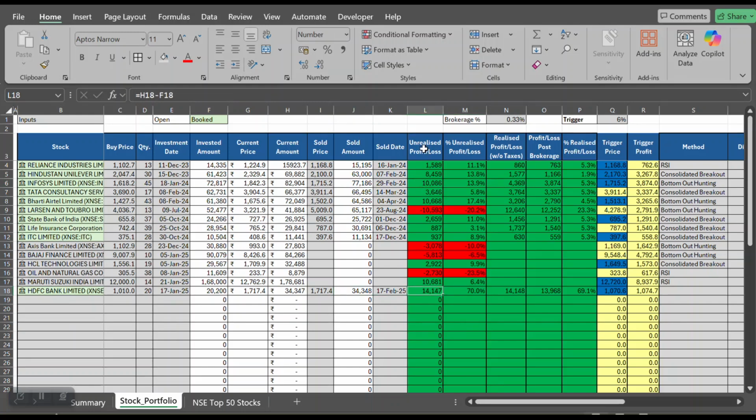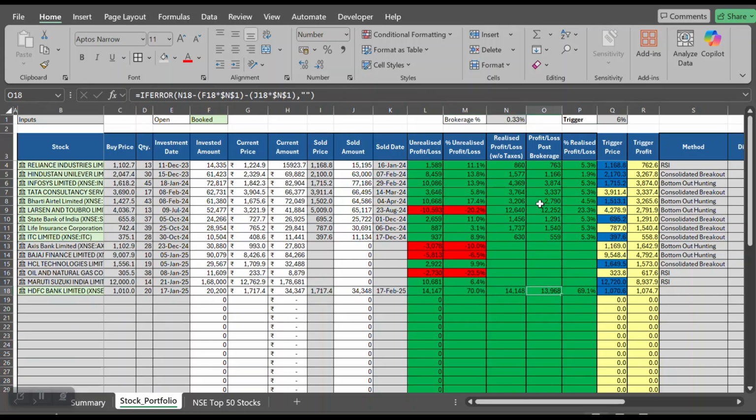Now, the first column in the profit is unrealized profit. So for the stocks which you have not sold, it shows what is the unrealized profit or loss for that stock. The second column shows the unrealized percentage profit or loss. And the third and fourth column here shows the realized profit or loss. And as you see, since I have sold price here, it shows realized profit and loss